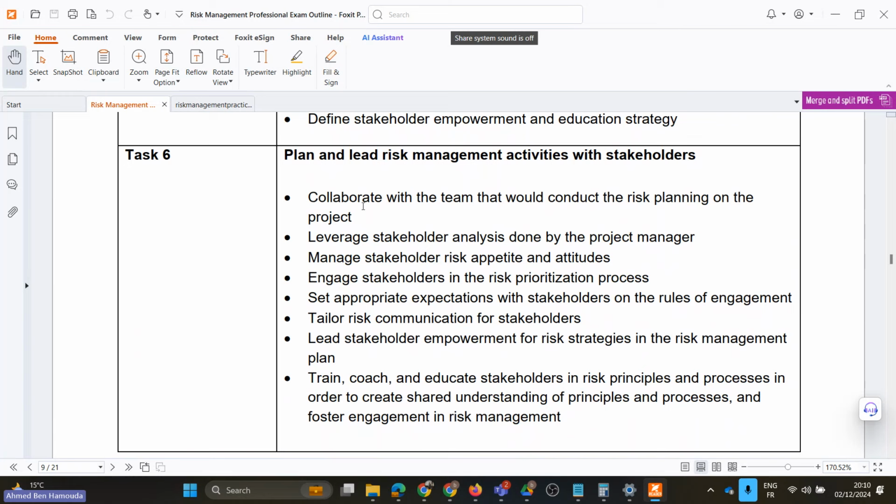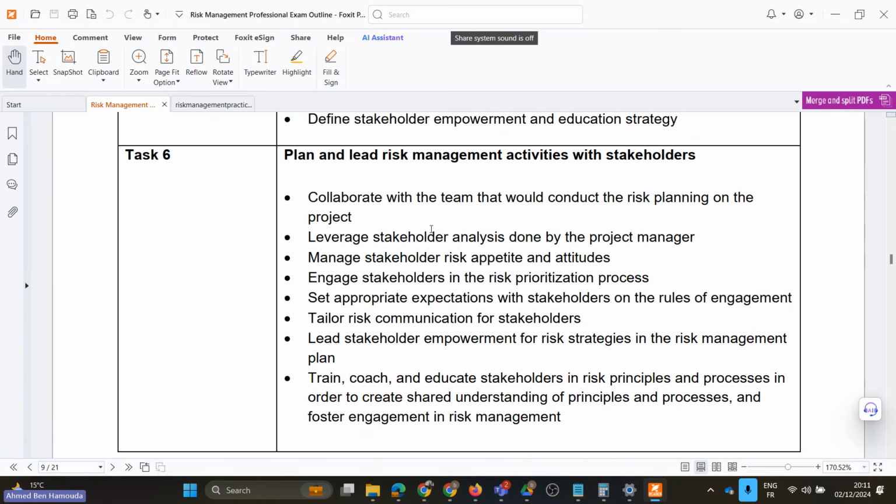So in this task, we will learn how to collaborate with the team that would conduct the risk planning on the project. Here we're talking a lot about the self-organized, self-managed team, but also about traditional teams being led by the project manager. Okay. Now, how to leverage the stakeholder analysis, the stakeholder input, done by the project manager,